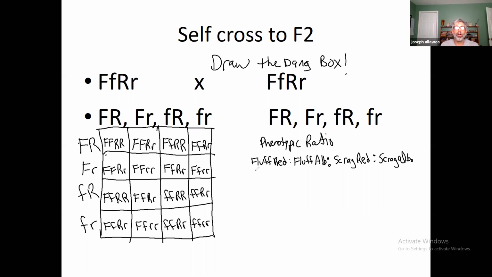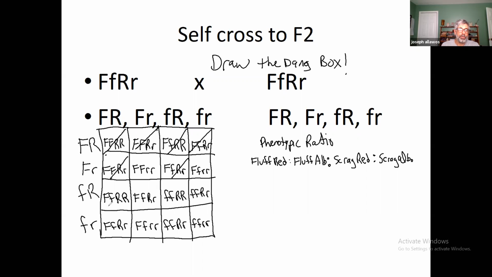So let's go through and count all the fluffy red ones. What about this one? Fluffy red, homozygous dominant for both. Fluffy, it's heterozygous, but red is dominant. That one counts. Fluffy red, they seem all to be fluffy red. Fluffy red, fluffy red, fluffy albino. What about this one? Fluffy red,